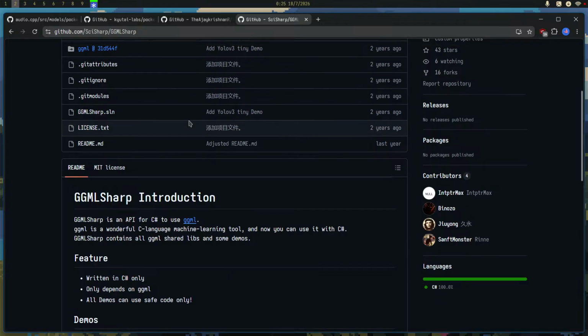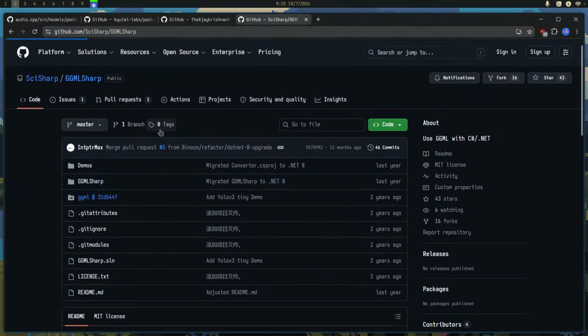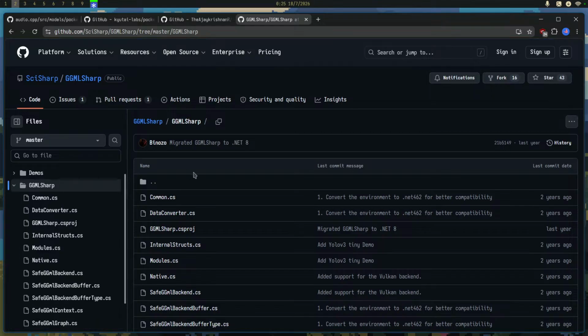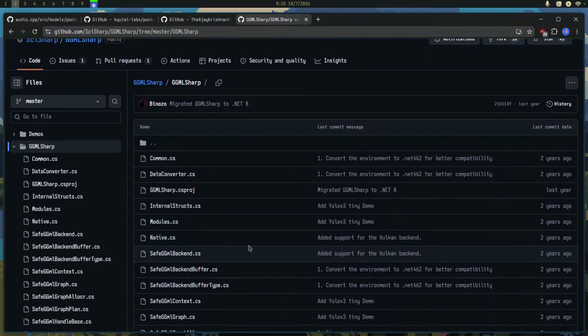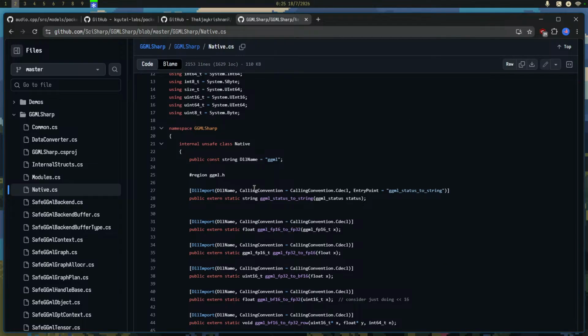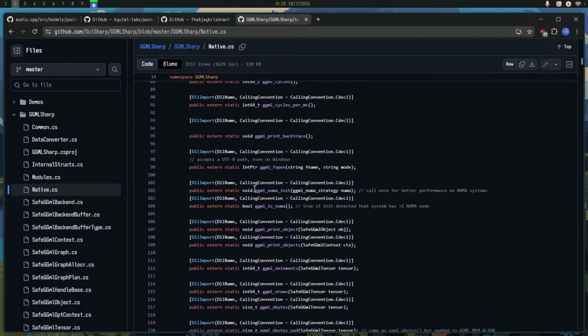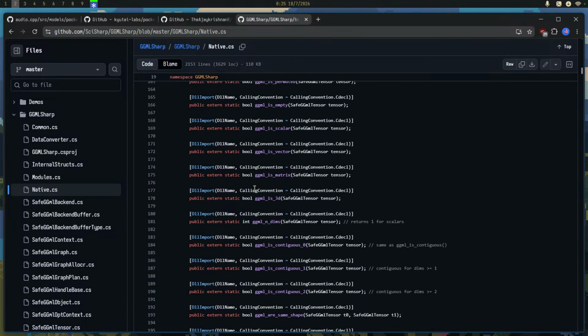In fact, we don't even have to write the interop functions ourselves. This project over here already has it for us. We have this file, native.cs, and it has all the functions defined, so that's quite nice. We don't have to do any of that.